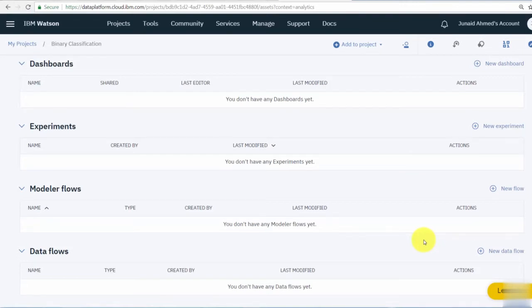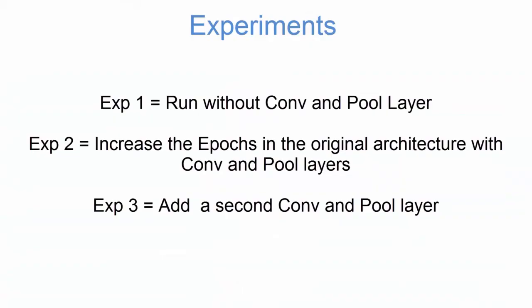In this video, what we're going to do is create multiple training definitions and run them in one experiment, and then we get to actually compare the results. The first one, we're going to get started with removing the conv2D and the pool2D layers from the default architecture. So you're going to get an understanding of the impact or the benefit the pooling and the convolution layer brings